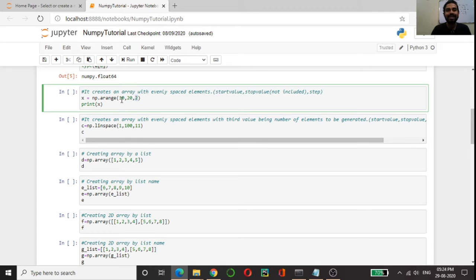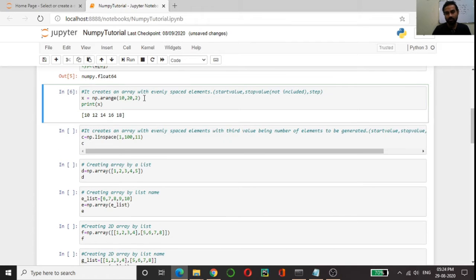This will create an array which will start from 10 and go till 20 in a step of 2, but here the last value, that is 20, is exclusive, that will not come in that array. So you can see it created 10, 12, 14, 16 and 18. 20 is not included, it is exclusive.